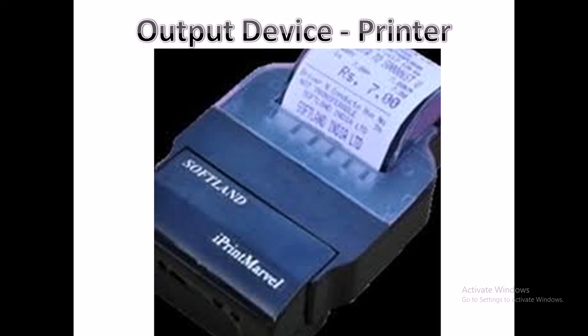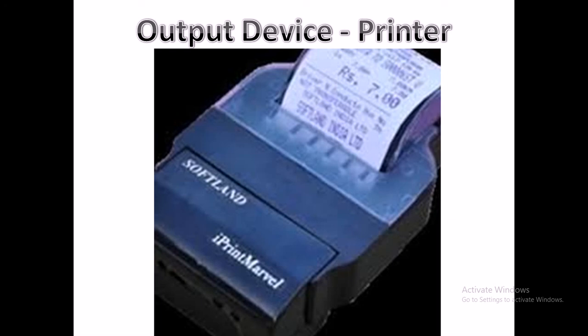Printers can print text and pictures both. The printed copy of the text or picture is called a hard copy. This is because the copy which is stored by the computer or displayed on the screen is called a soft copy. So we can say the printers are dot matrix types, inkjet types or laser printers. Dot matrix printers are used somewhere, but as compared to dot matrix printers, inkjet printers are used most.